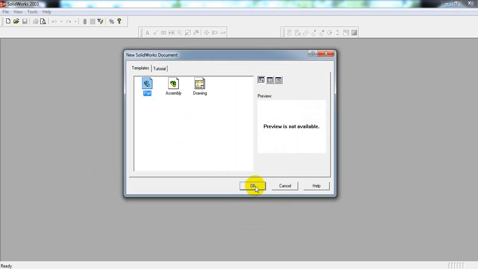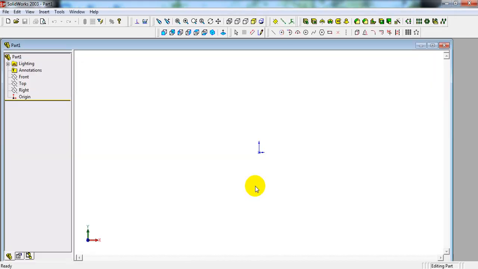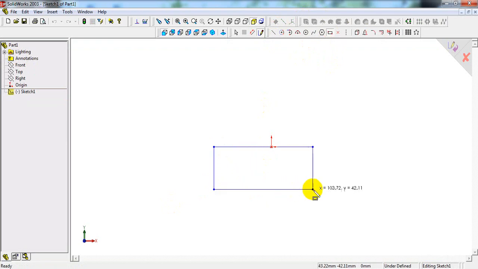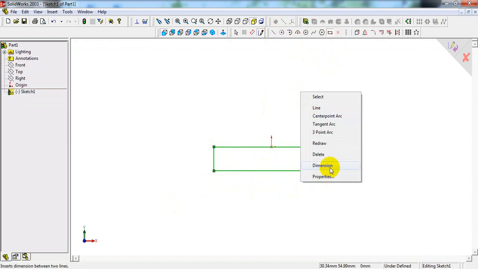Select part, select OK. Select sketch, take rectangle command, draw one rectangle, dimension.